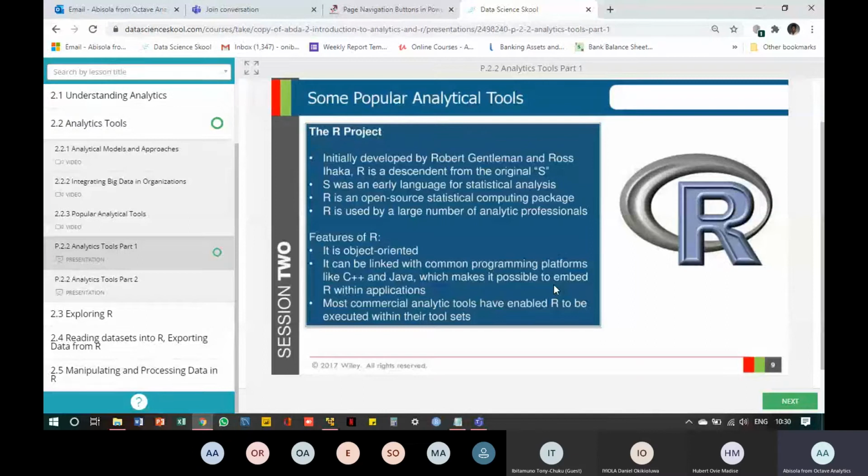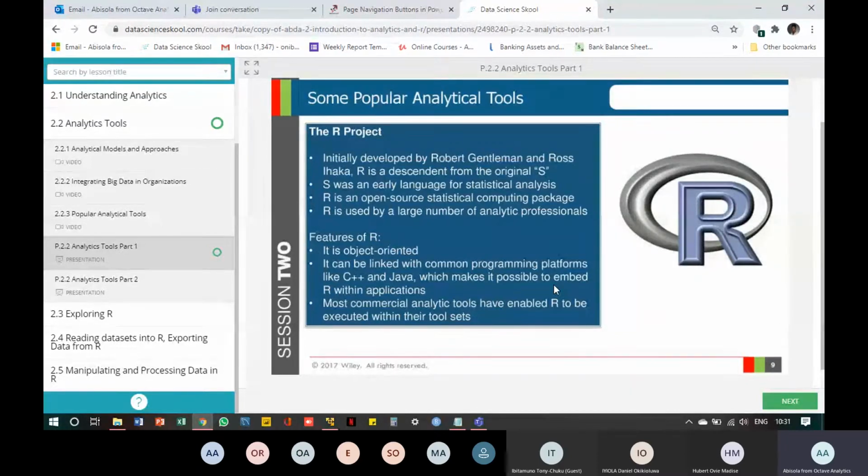It allows you to add more packages. There are so many packages that have been added by different individuals at one point or the other on R. Which makes R very open source, very flexible, and it is largely used by analytical professionals. It was developed by Robert Gentleman and Ross Ihaka. I don't know how to pronounce that.